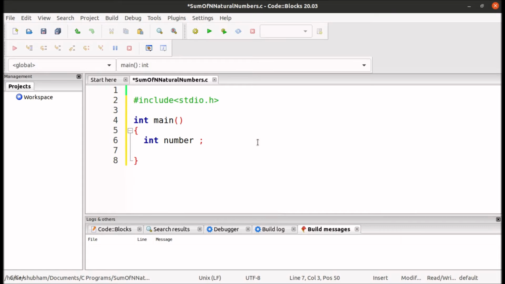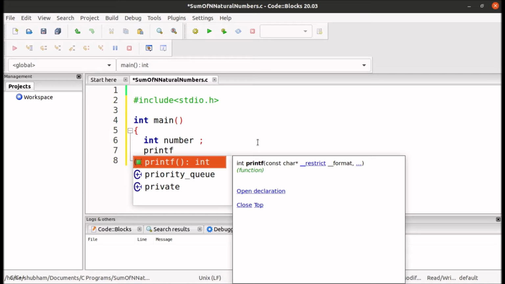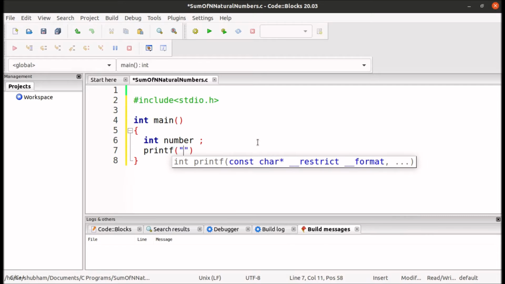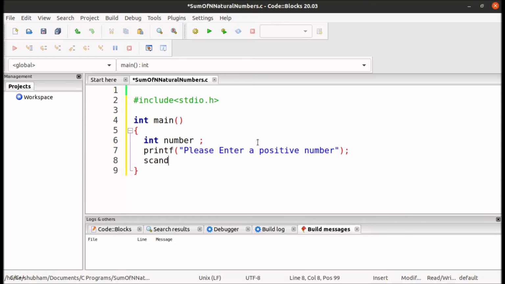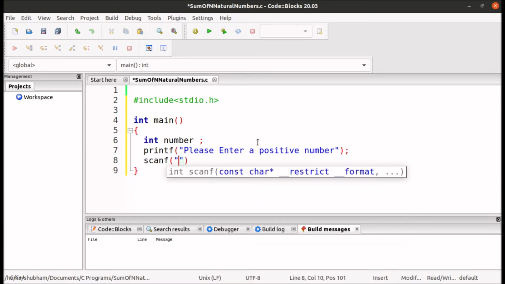And now I will print a statement so that a user can type the input. So please enter a positive number.